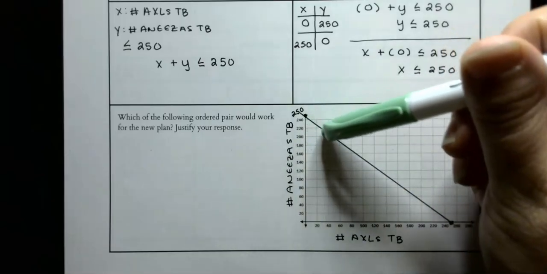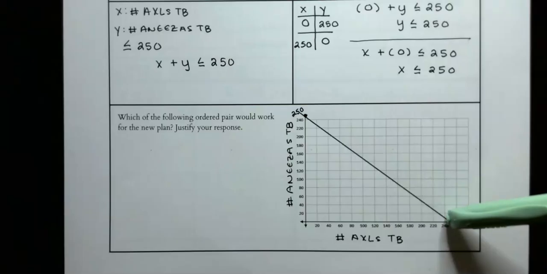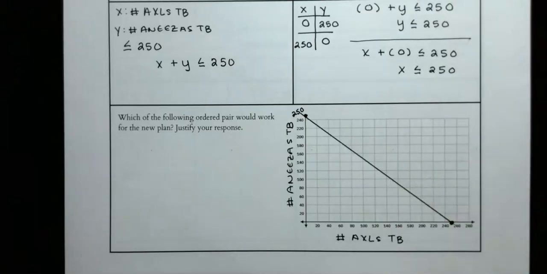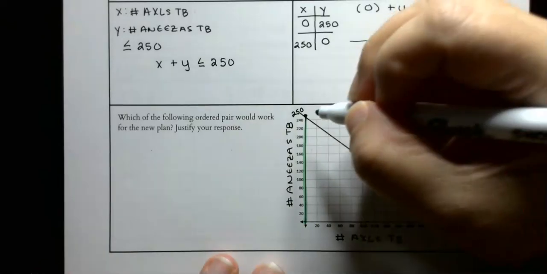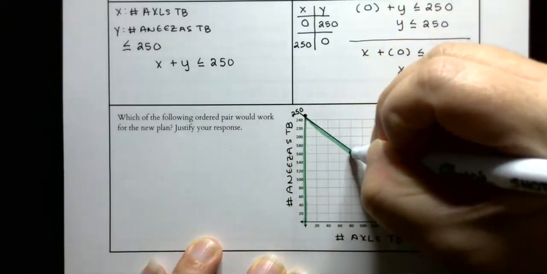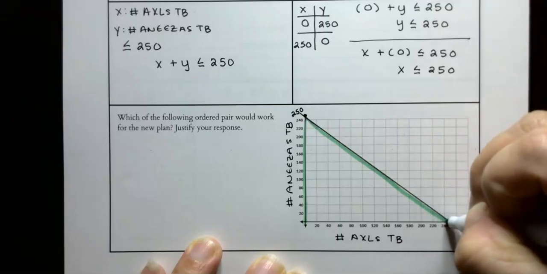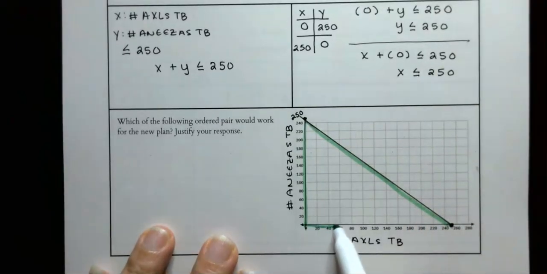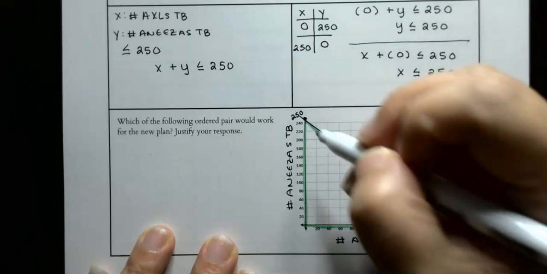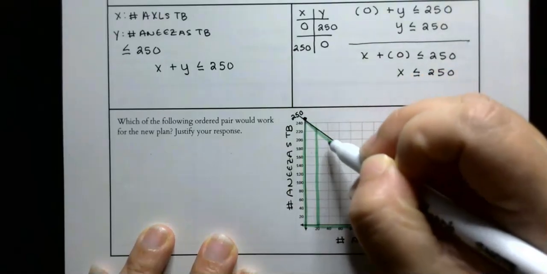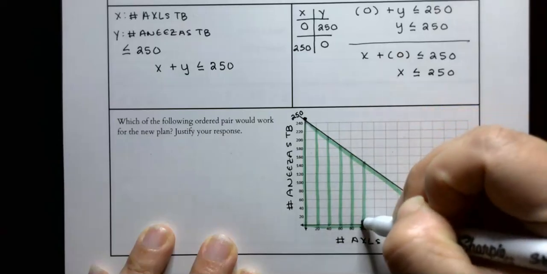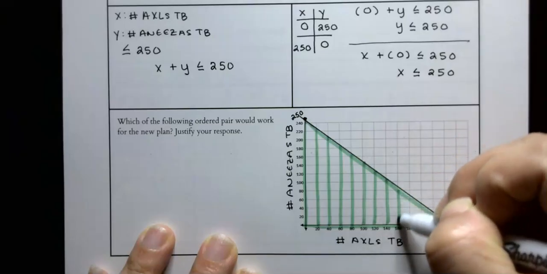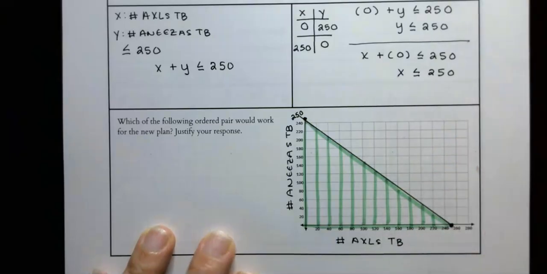So it's not just the points on this line that are part of the solution, but everything underneath this line. What I'm going to ask y'all to do, I'm going to use my highlighter here, but you can take your pen, your pencil, or a highlighter, and highlight this whole section underneath the line. Because we're talking about less than, it's going to be everything less than this line. So I'm going to fill this part in to represent that the entire solution set is